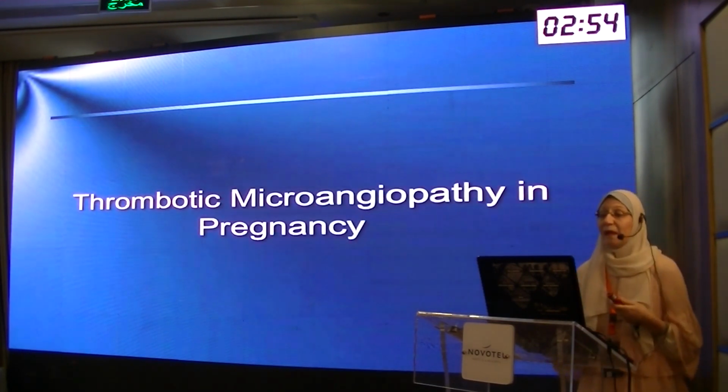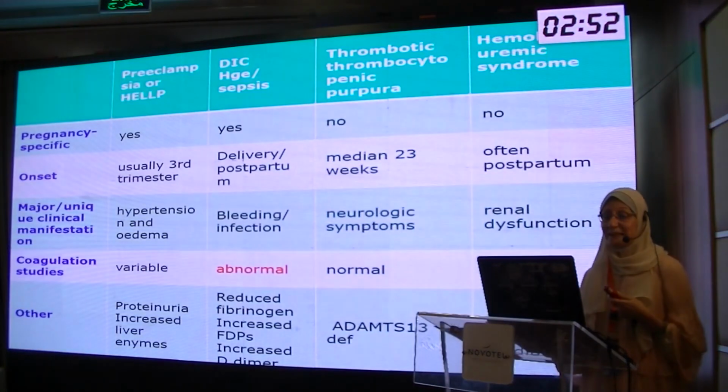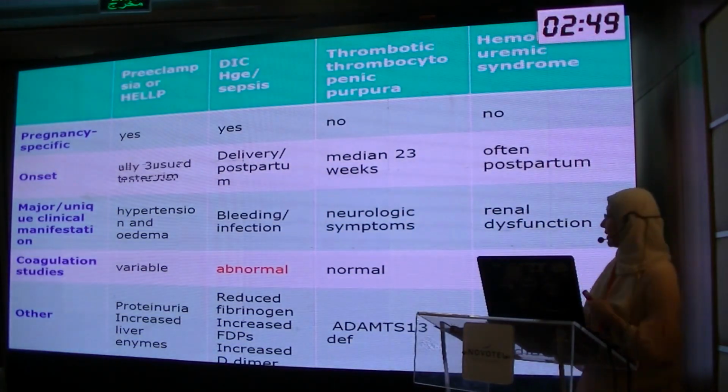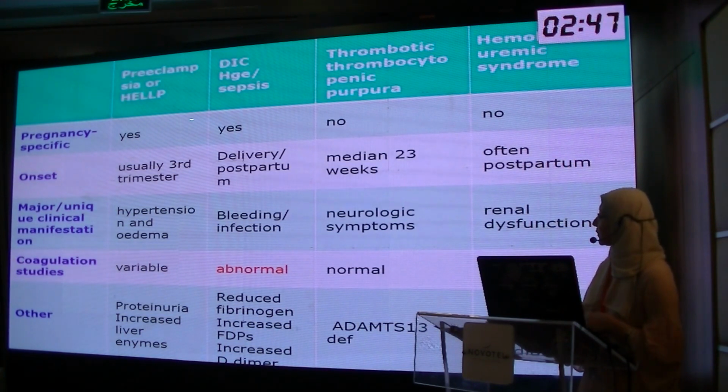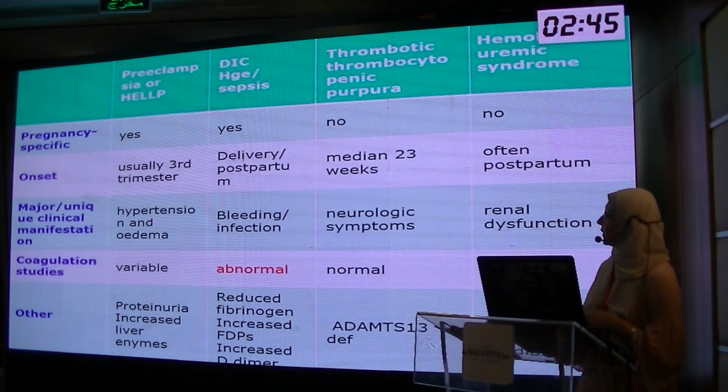Thrombotic microangiopathy in pregnancy deserves a lecture of its own, but at least we have to differentiate between those with